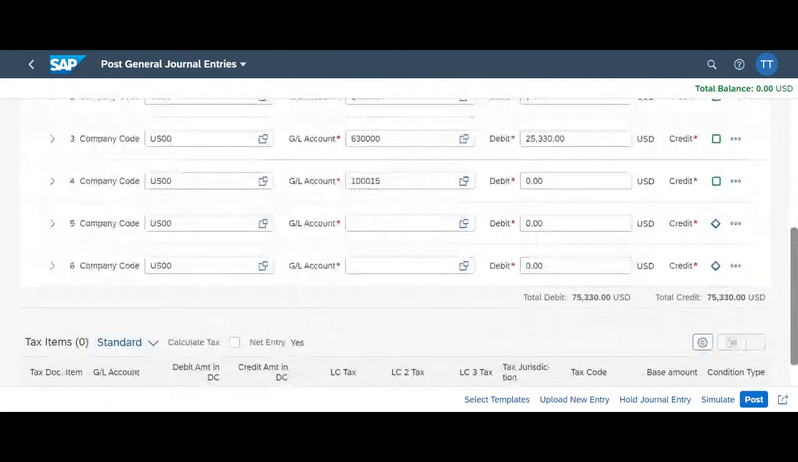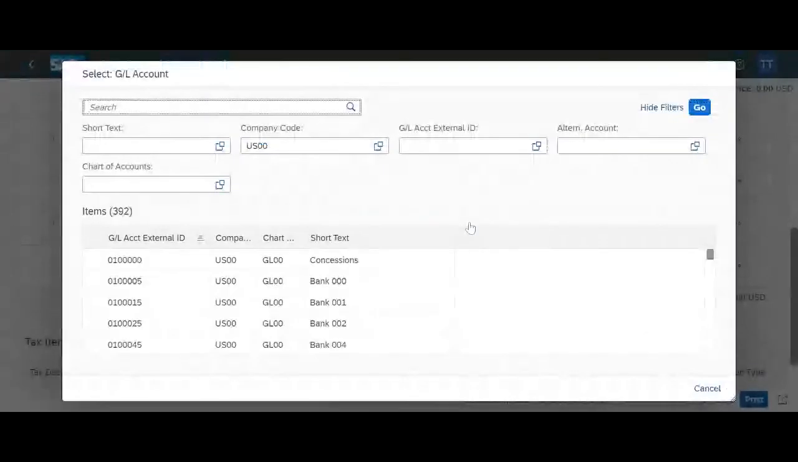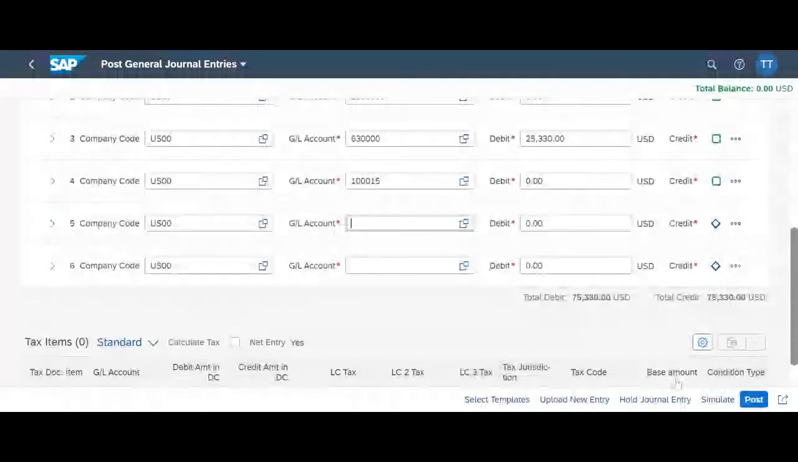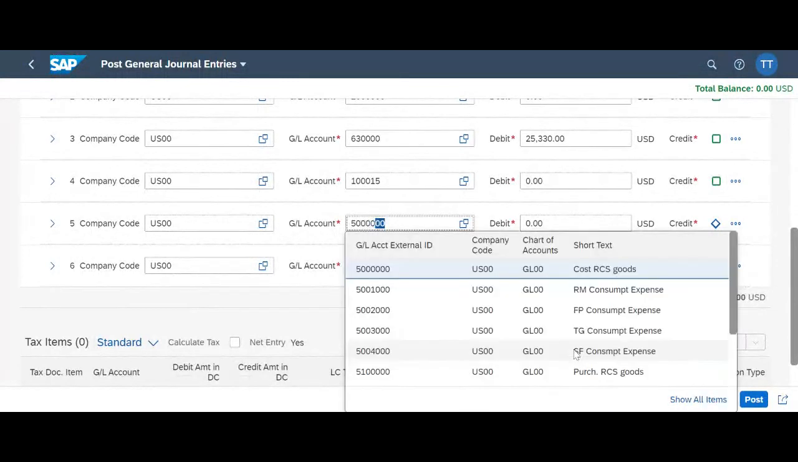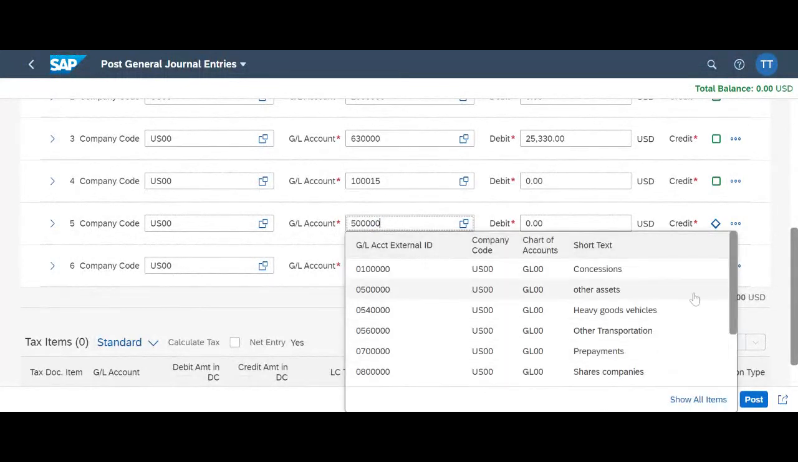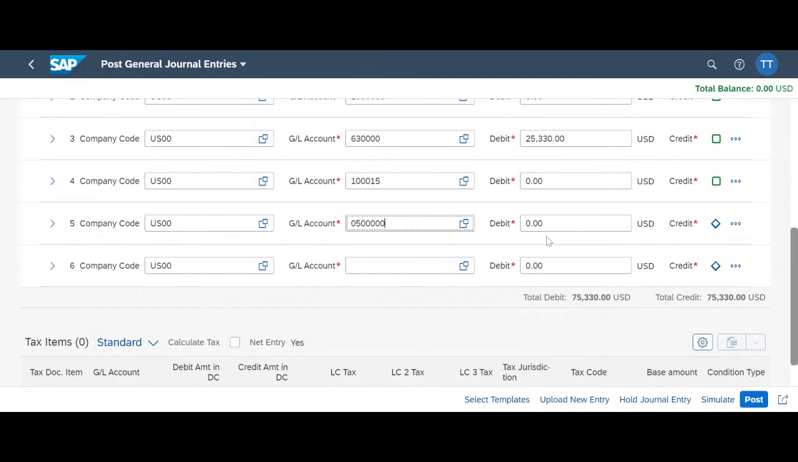So the next entry is paid franchise fee, 20,750. The debit is going to be to intangible assets and the account is 500,000 and the account name for intangible assets is other assets. Now make sure you select the account by looking at the text and not the number, because sometimes some numbers are very close and we want to add the accounts based on the name. So we add that and the debit is 20,750